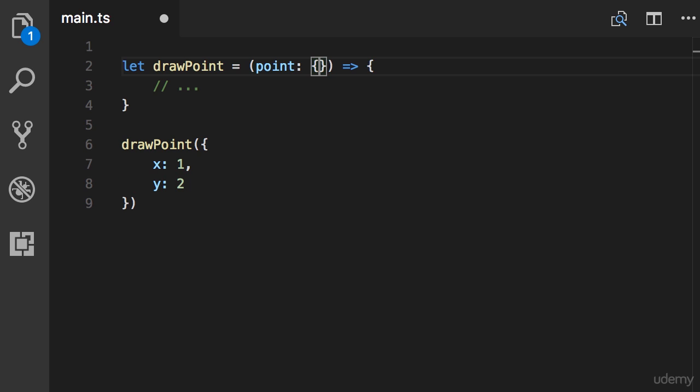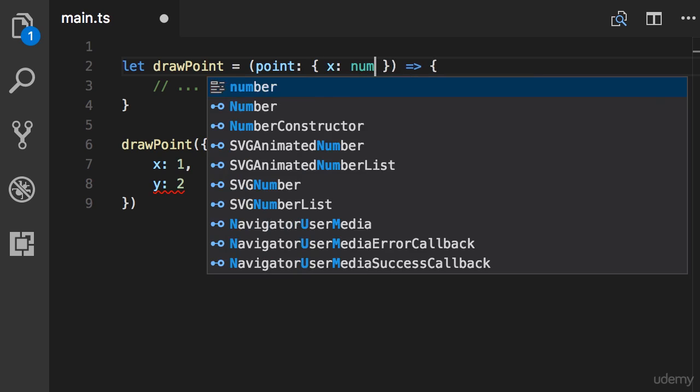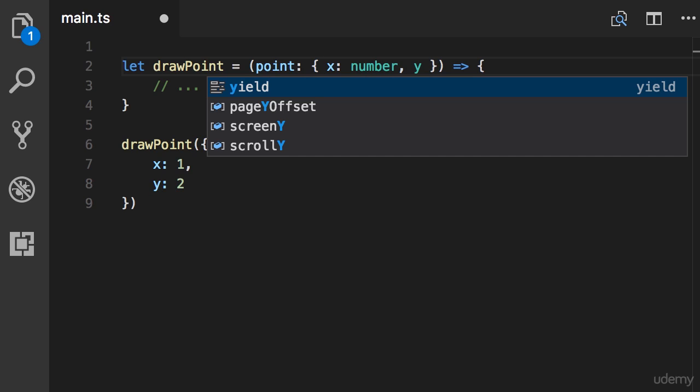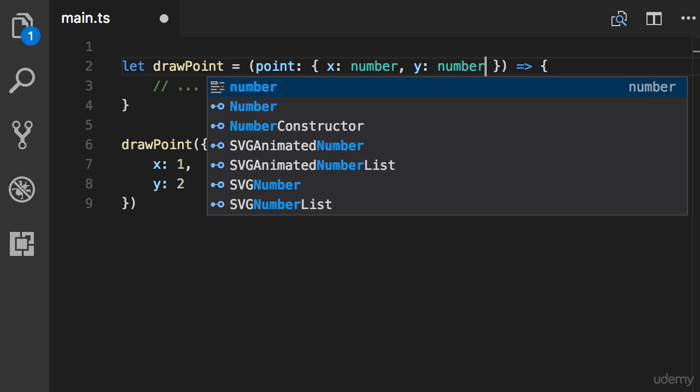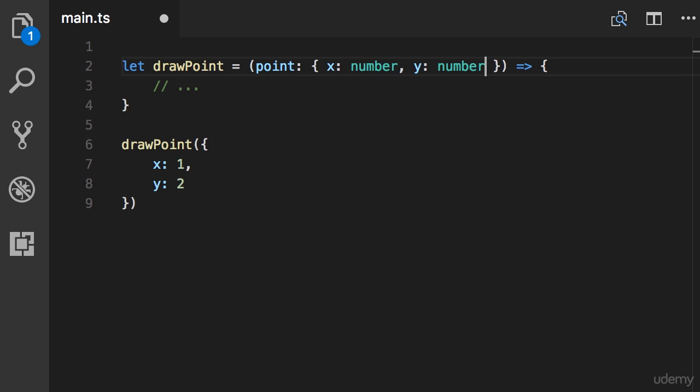So here we add curly braces to indicate an object. This object is going to have a property called X, which is a number, and also another property called Y, which is again a number. So this is what we call inline annotation. It works fine for simple cases, but the problem with this, as you can see, is that this is a